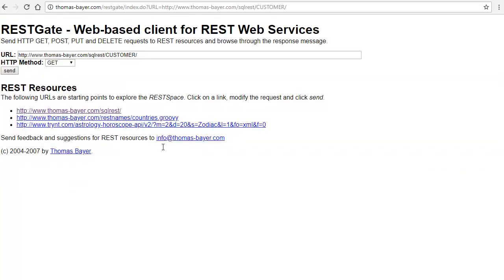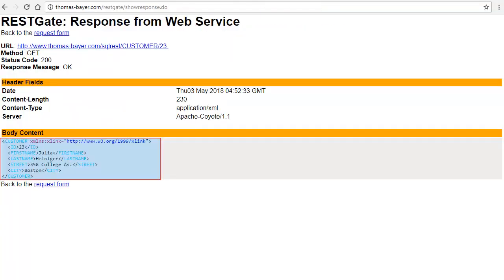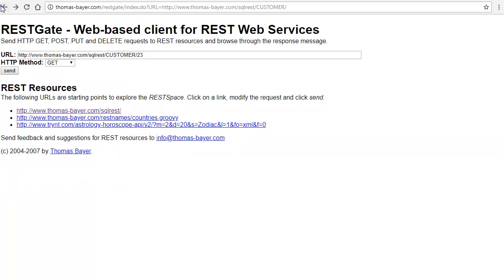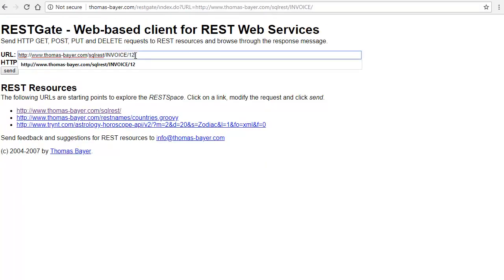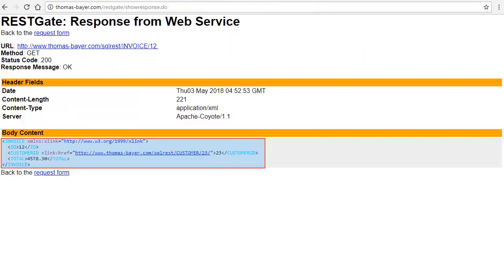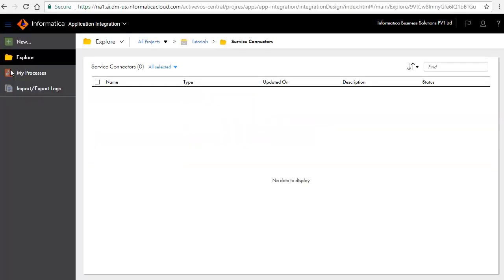Customer operation takes a customer ID as an input parameter and returns customer details. Similarly, invoice operation takes invoice ID as an input parameter and returns invoice details. Now that we know the signature of the operations to be invoked for this service, let's